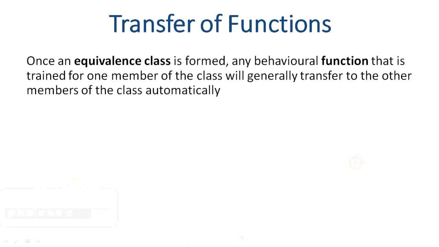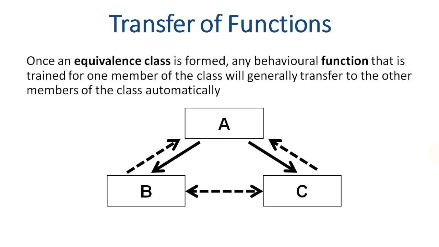Now, we mentioned earlier that matching to sample procedure in this way produces a stimulus equivalence class, and one of the interesting phenomena of this is that once an equivalence class is formed, any behavioral function that is trained for one stimulus belonging to that class will generally transfer to the other members of the class. So if this is the class that is being formed and the derived relationships,